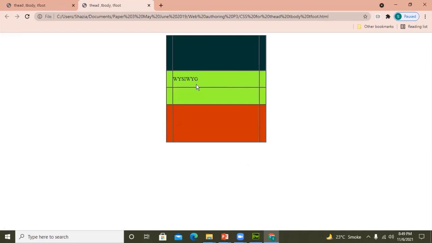This term, what you see is what you get, sometimes is not implemented. In this case, we have an exception where we don't get what we want in design view, but as we see the browser view, we are able to see the desired result. This is a very important point that you must keep in mind.